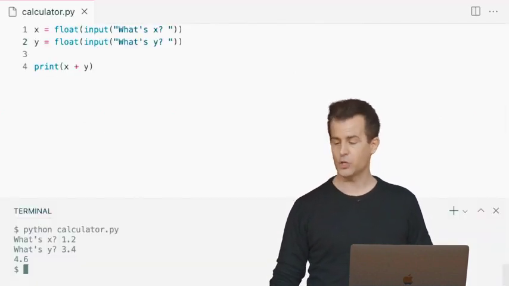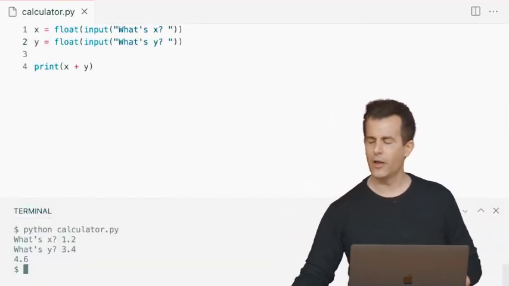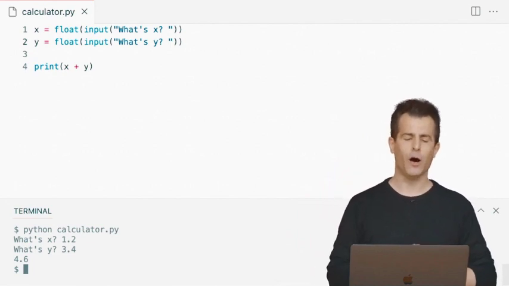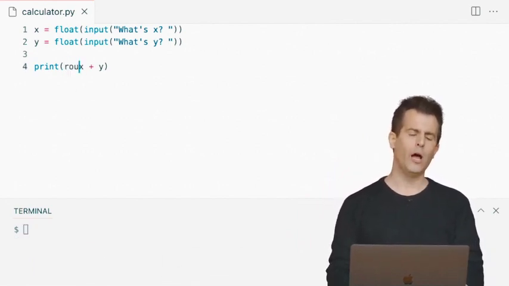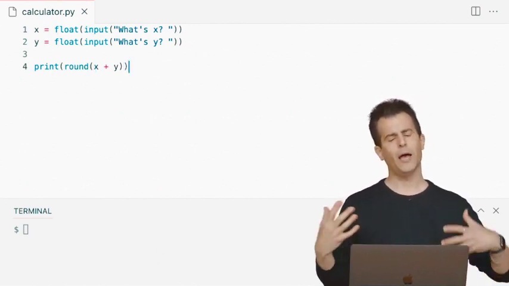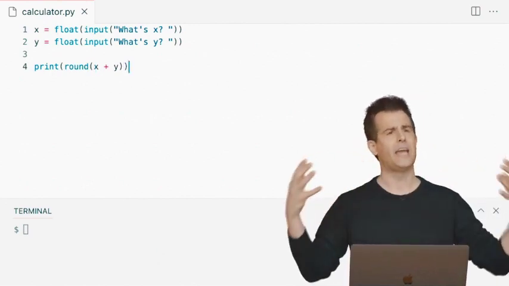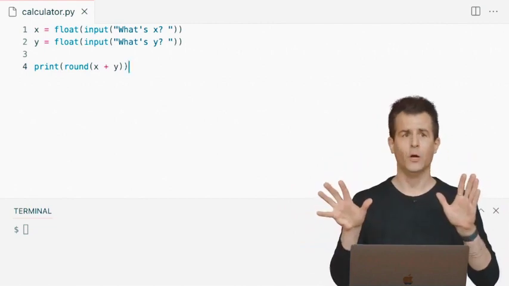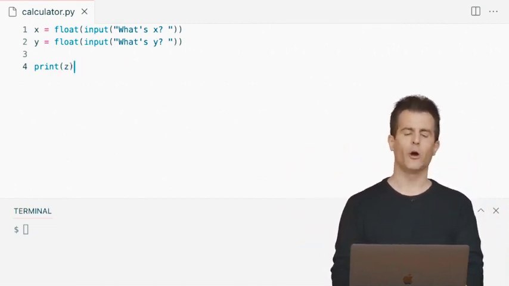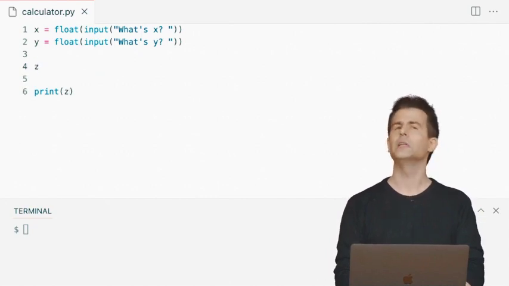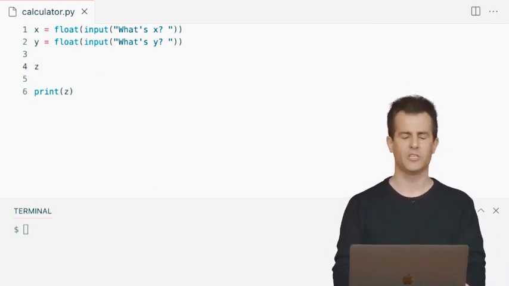So if I go back now to VS Code and I consider that I want to go ahead and round x and y, I can do this in a couple of ways. I could do round x plus y, but I'd actually prefer to break this out into 2 lines. I don't have to, and reasonable people might disagree, but I'd like to revert to a scenario where I'm printing z so that I can a little more clearly say z equals the rounded result